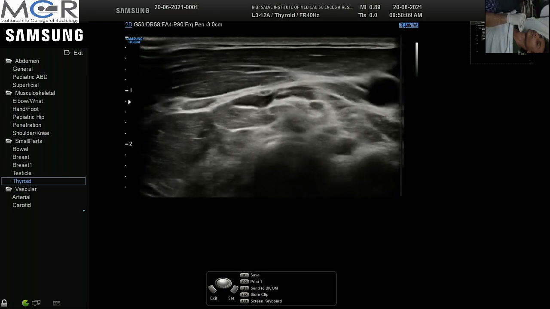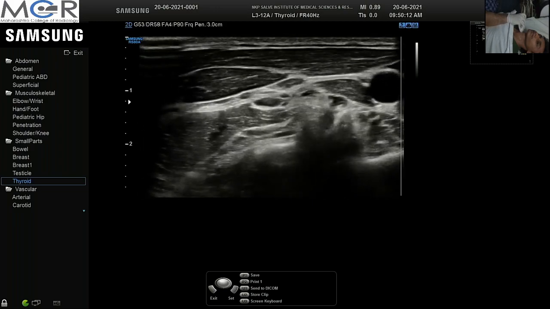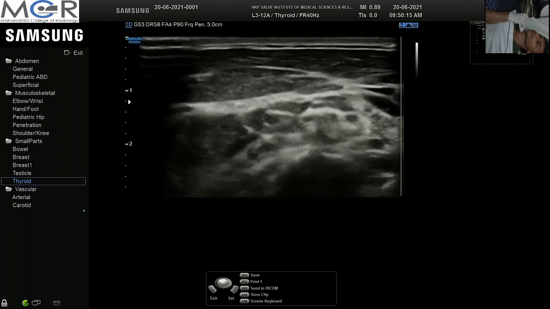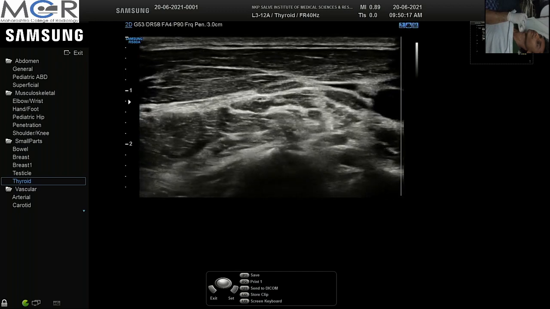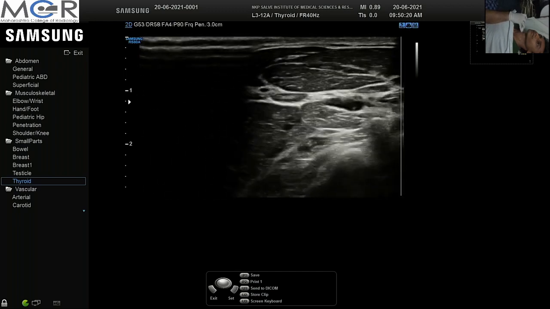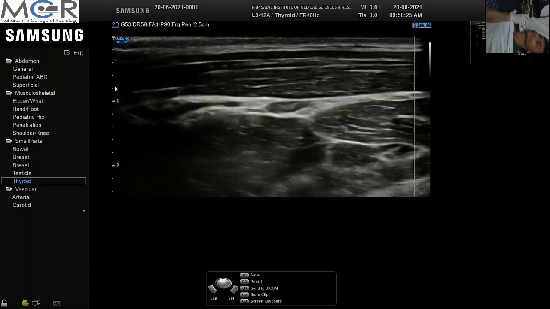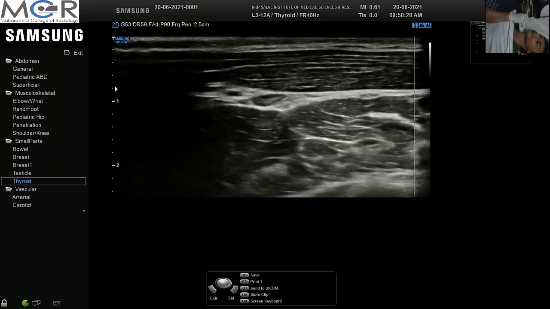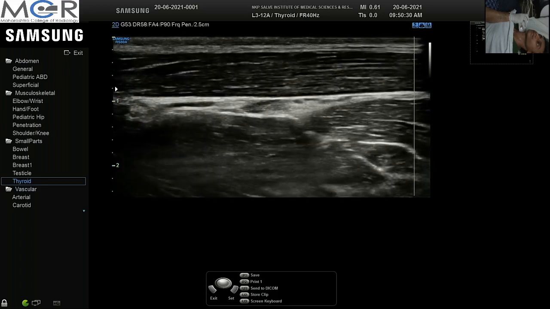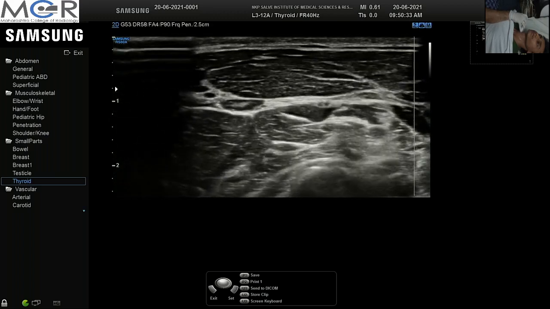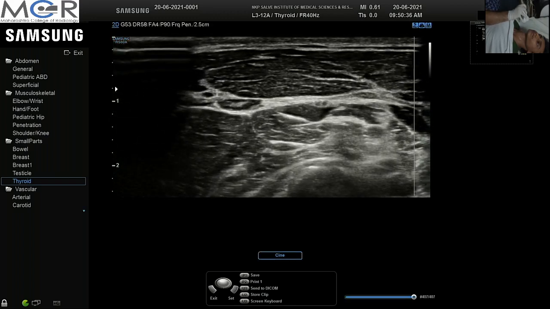Now, coming to the normal lymph nodes of the neck, the normal lymph nodes are generally oval in shape and have a fatty hilum. I'll just try to zoom in on one here. Dr. Prashant is going to elaborate on the characteristics of lymph nodes, both benign and malignant, but suffice here is to tell that the normal lymph node has an oval shape with a fatty hilum.